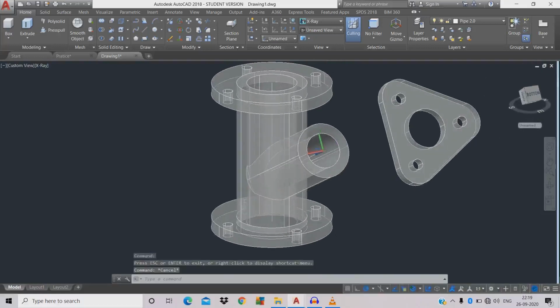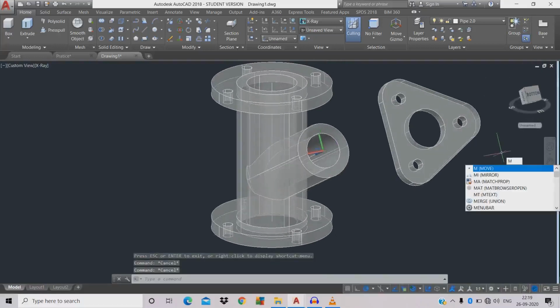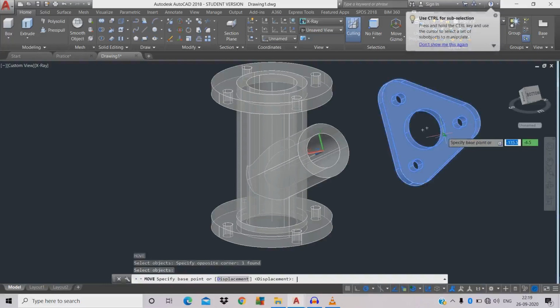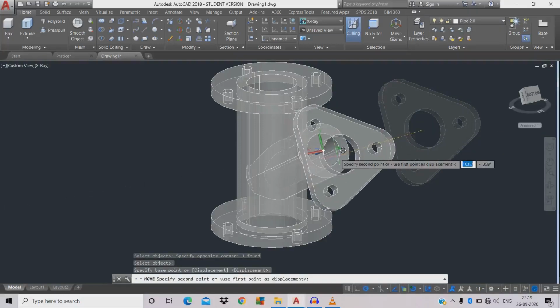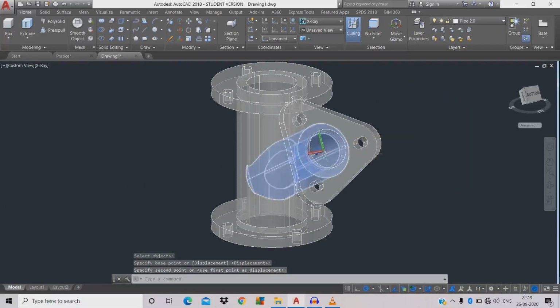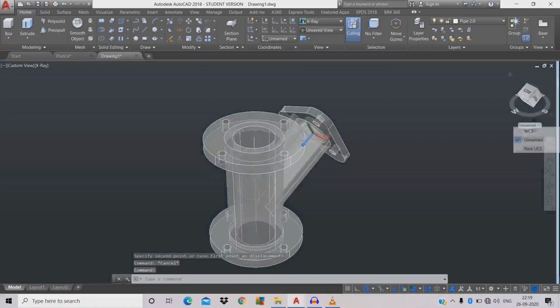Now we're gonna paste. We're gonna move the object M space, click the object, just take the center hole, then move towards the circle. We will find the center, just paste it over here. Now home screen, unnamed WCS, just change it to parallel.